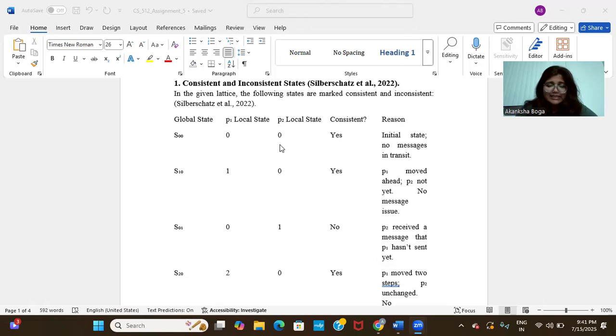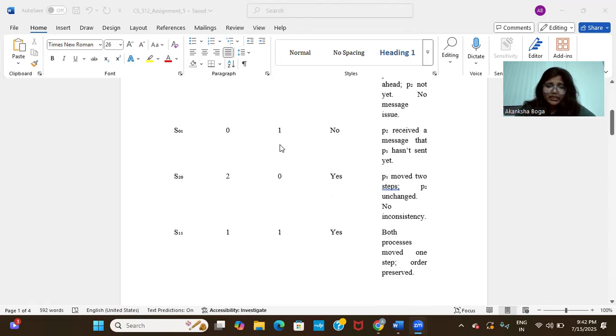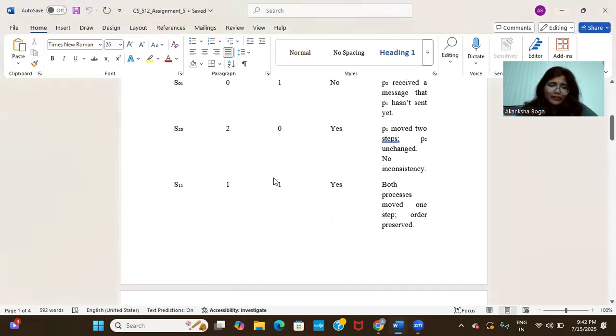Coming to the next global state, which is S20. Here you can see P1 local state is 2 and P2 local state is 0, and it is consistent. The reason is P1 moved two steps, and P2 is 0 because it is still waiting, and that is okay. Coming to the next state, S11, P1 local state is 1 and P2 local state is also 1, and it is also consistent. The reason is both P1 and P2 did one step, and everything is fine,